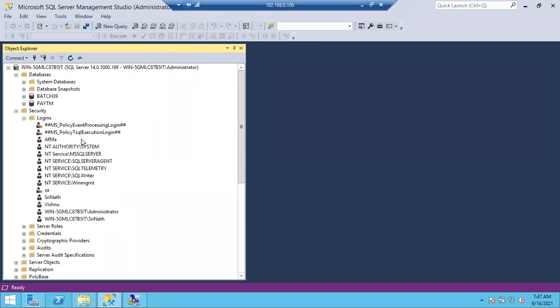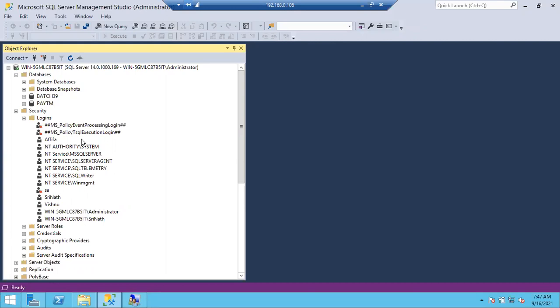Are there chances of that scenario coming? If it comes, we will get the same scenario even for Windows logins also. We'll get the same kind of error. See, it doesn't ask for a password, but don't think that in the background it doesn't check for the password. In the background it will check for the password.